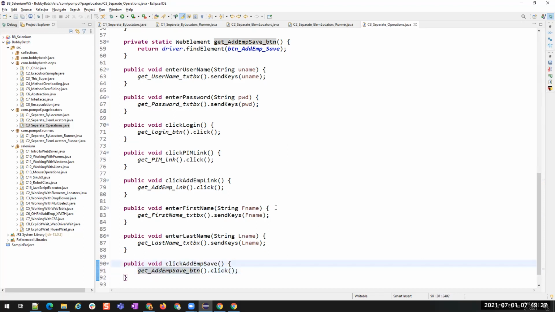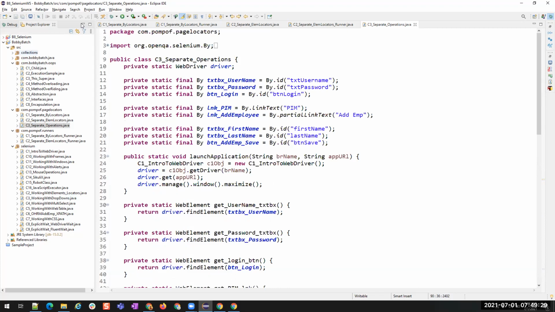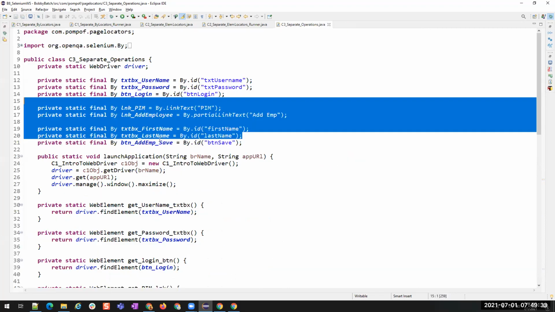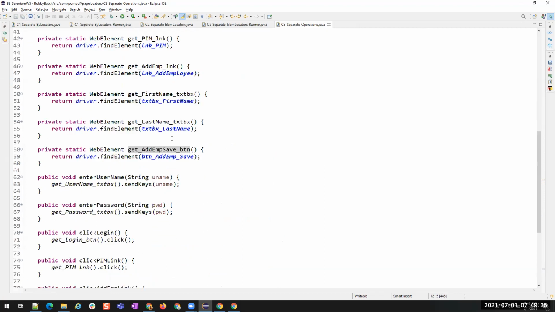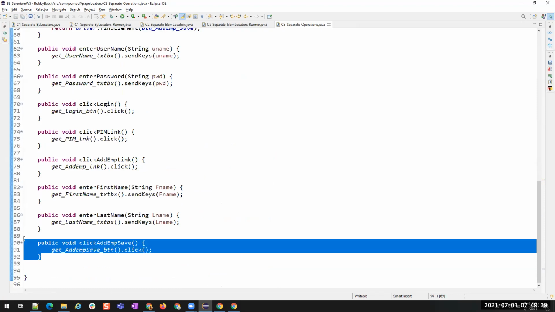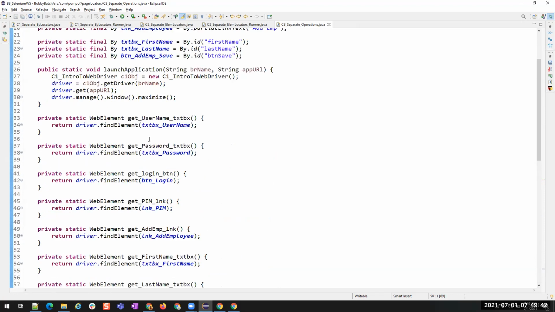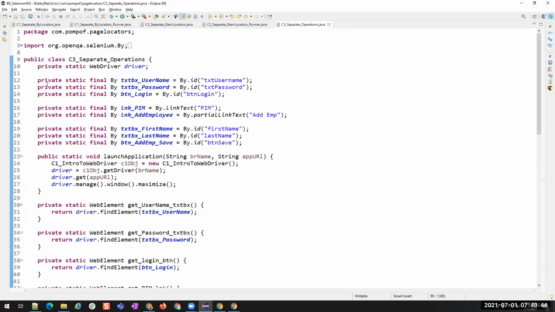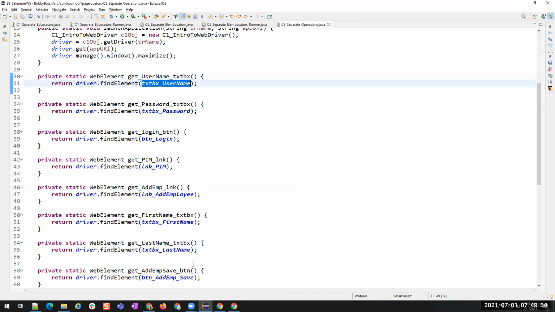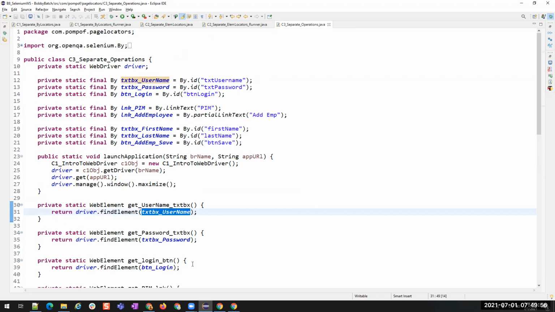Now that we have all the methods here, you see how many methods we have. Only a few elements, that is 3 plus 3 is 6 and 8 elements. So we have written 16 methods, one for getting the element and the other one for performing the operation. If you have 40 elements, how many methods will there be? It will be 80. For each element you are writing 2 methods.